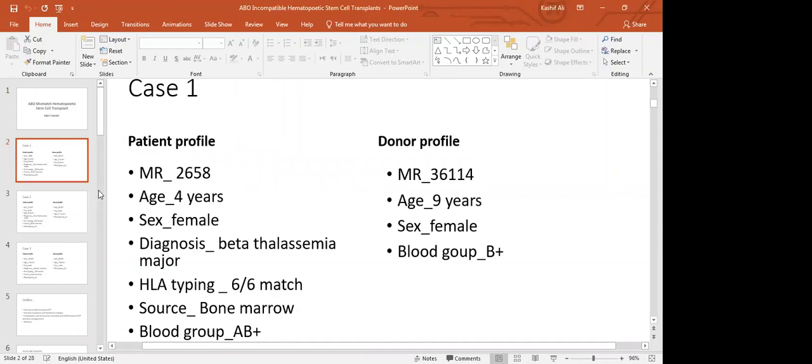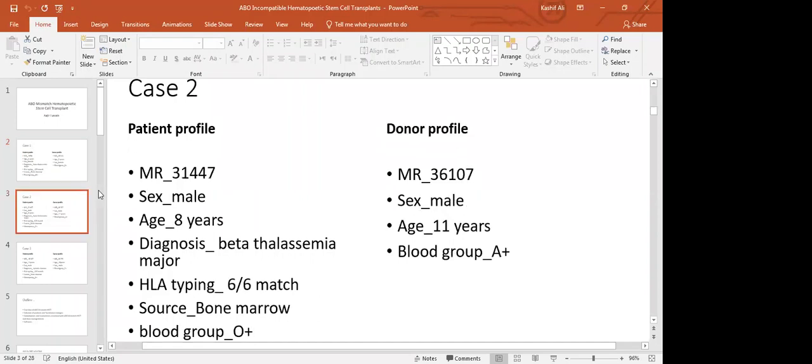A 4-year-old female patient, diagnosed with beta thalassemia, was 6x6 matched with her 9-year-old female sibling, while the donor's blood group was B positive and the recipient's was AB positive. And second, an 8-year-old male patient, also with beta thalassemia, was 6x6 matched with his 11-year-old